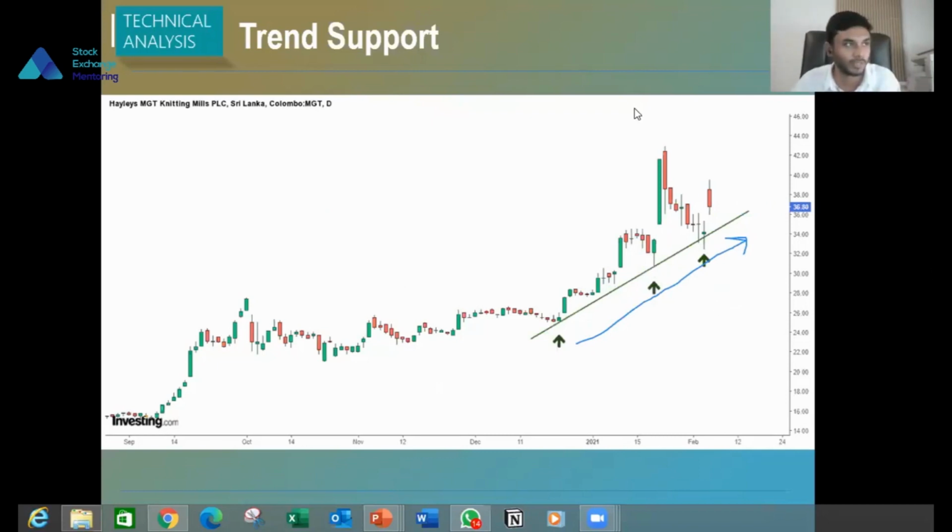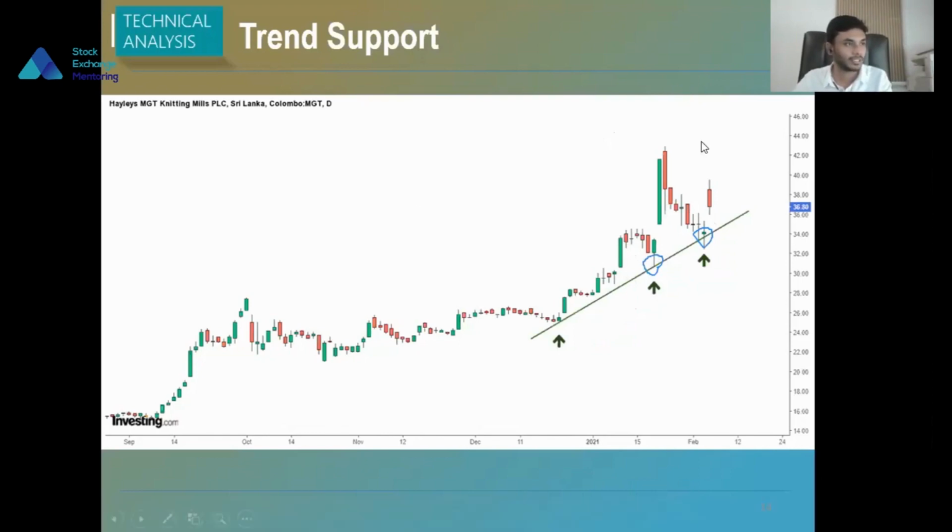So if you are following this trend support, whenever the stock reaches these trend support levels, it is a trading opportunity for you. If you are closely monitoring the stock to actively trade, this could be an opportunity for you to add more to your position, or maybe buy and exit multiple times in this particular stock. Okay, so you can see how trend support price action analysis is important to make your trading decisions.